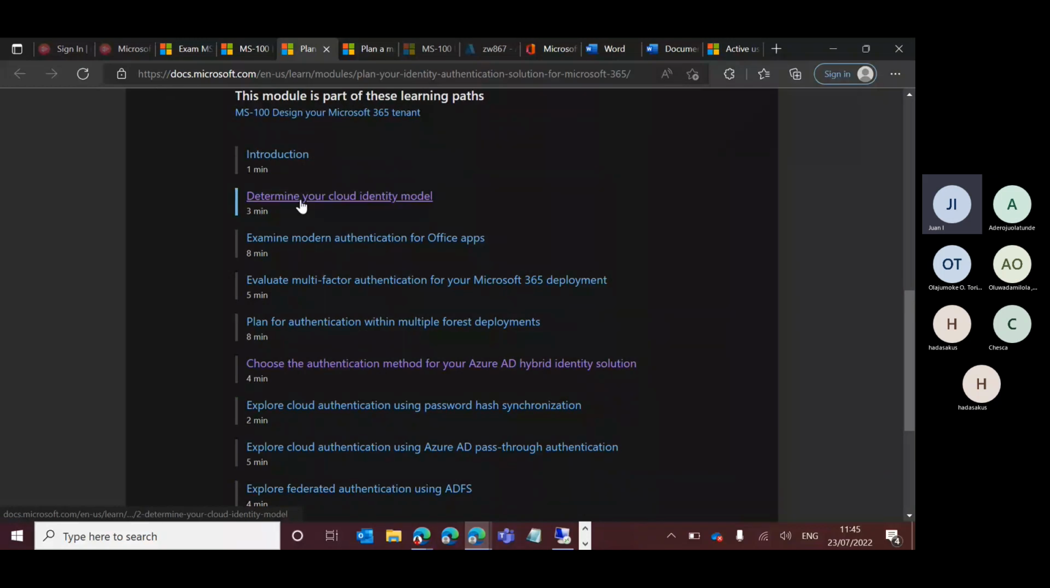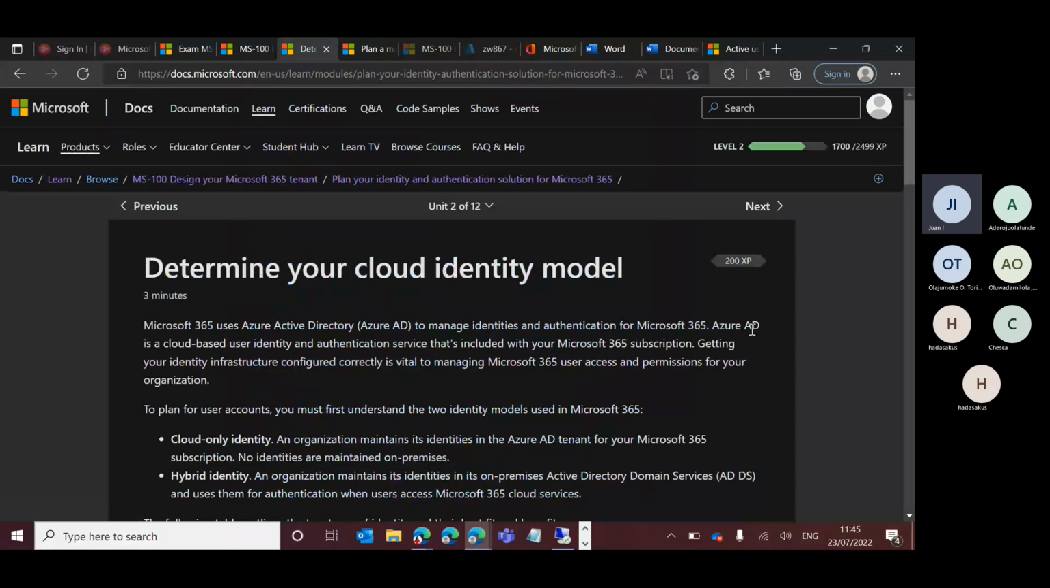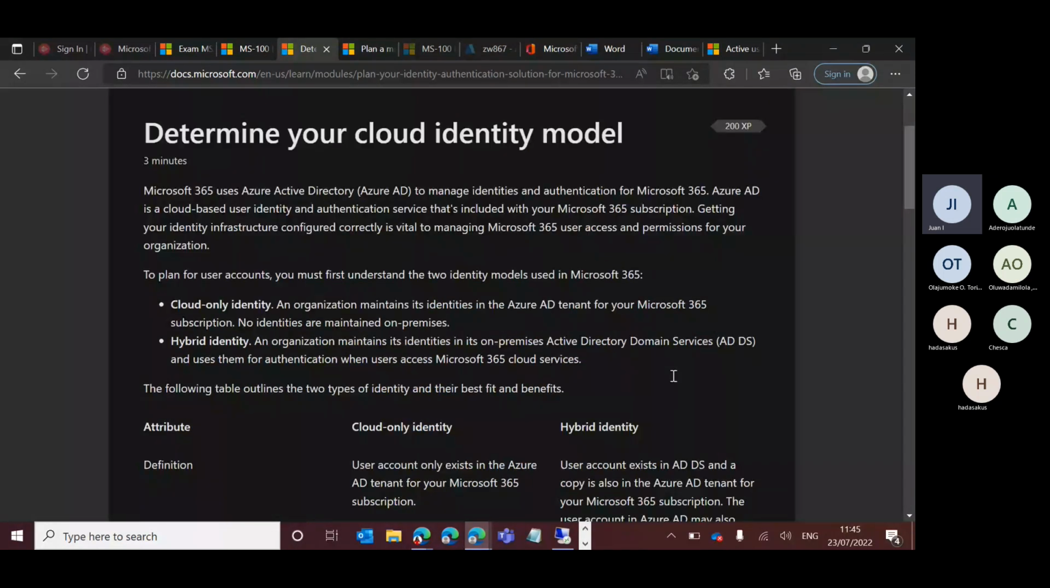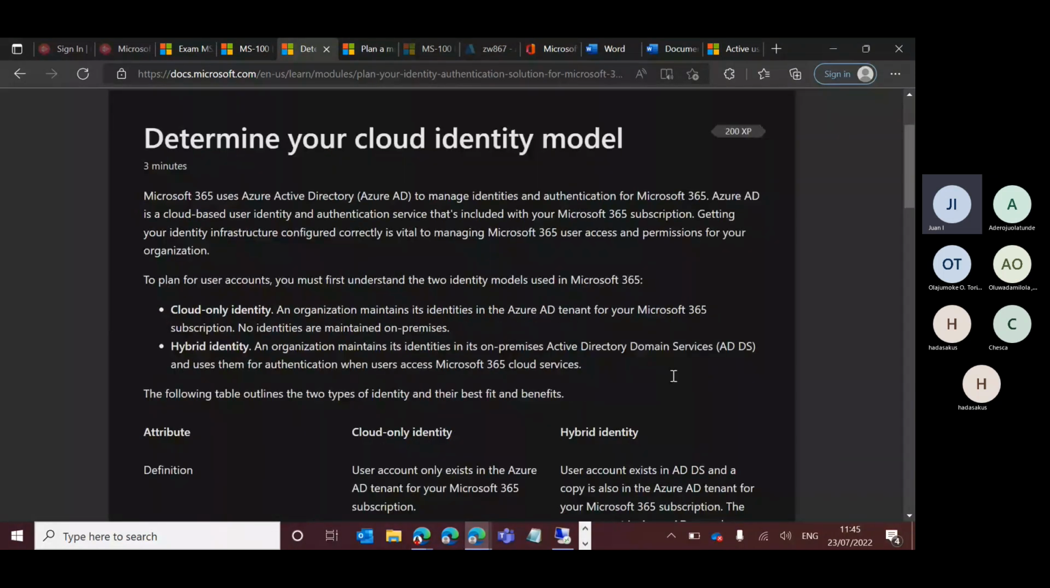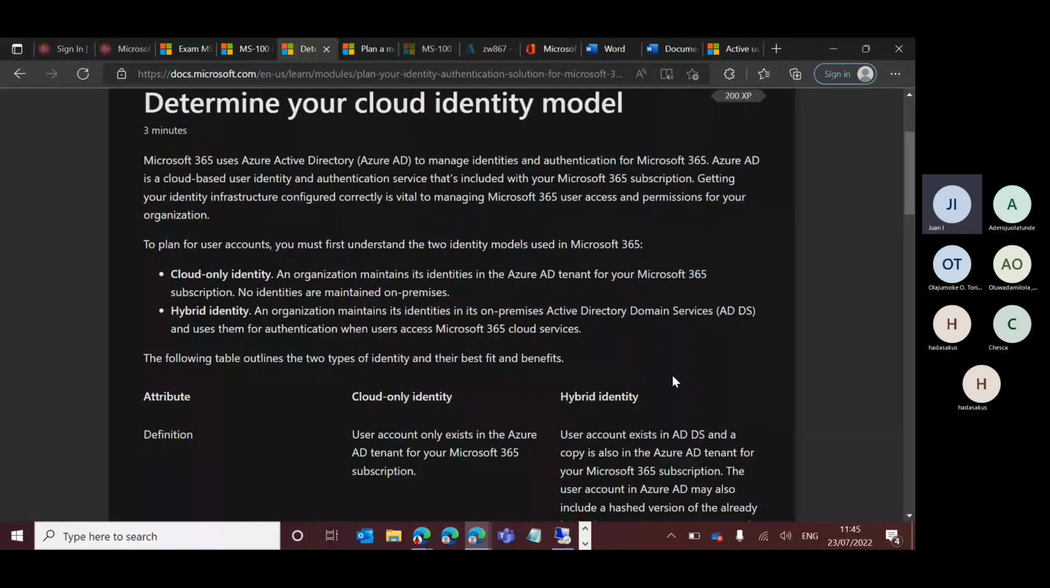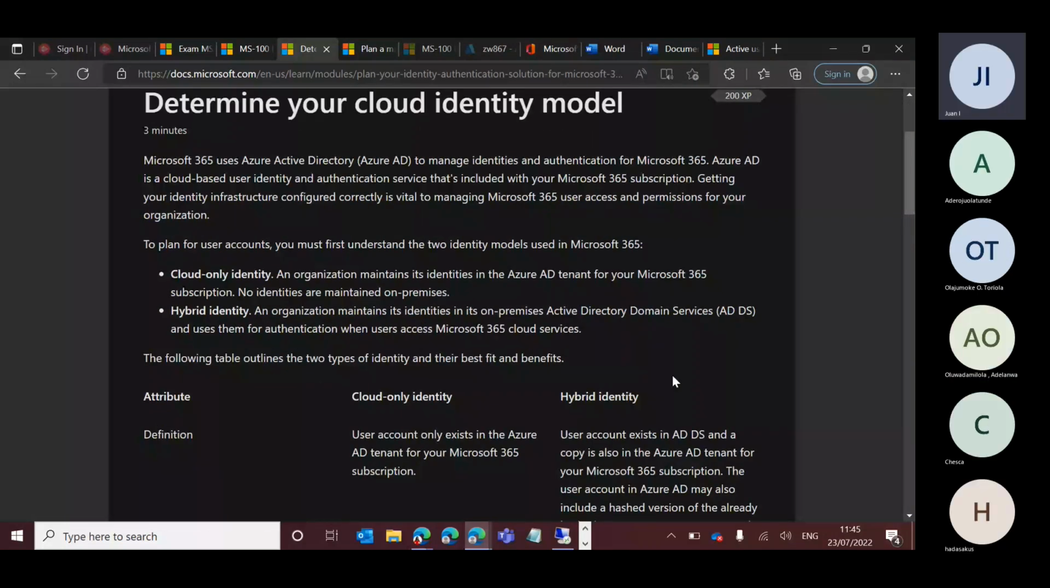I'll just come over to this area that says determine your cloud identity model. First of all, I mentioned that, with Microsoft 365, it makes use of Azure Active Directory, that's Azure AD, right, to manage identities and authentication. So now, if you're moving to the cloud, right, if you want to take advantage of Microsoft 365,